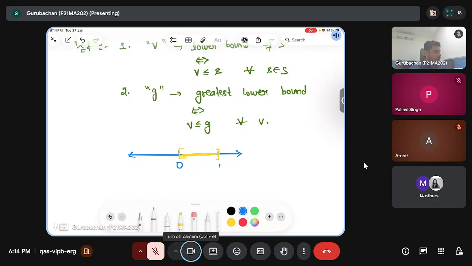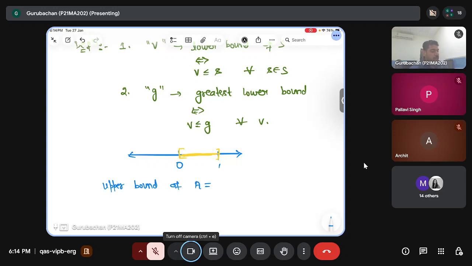So what can be the upper bound of this interval, or you can say upper bound of the set A? It can be 2, it can be 3, it can be 4, it can be anything. But what will be the least upper bound of all of these? The least upper bound, or you can say supremum of A, will be 1, because it is the least one out of all these